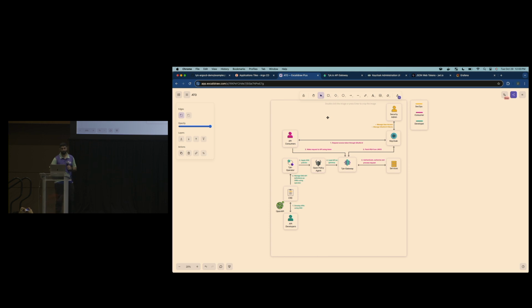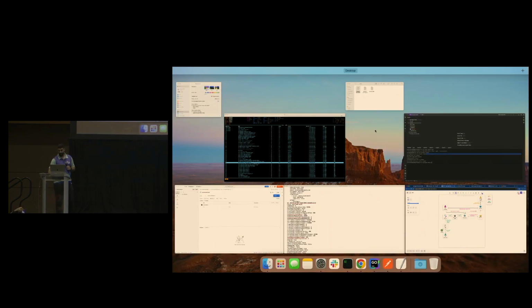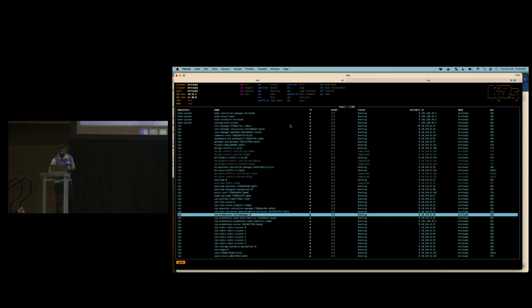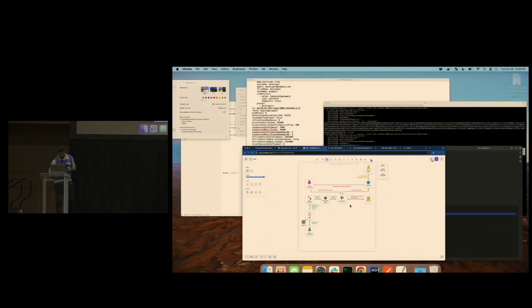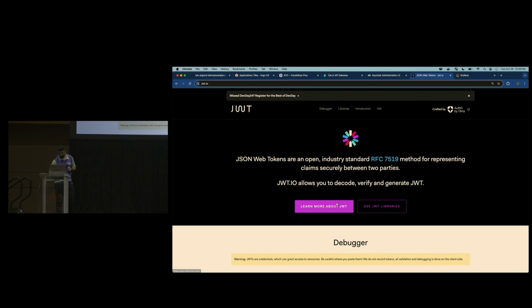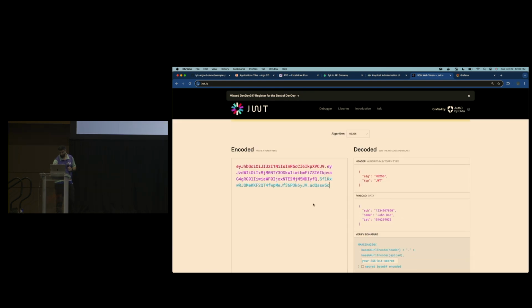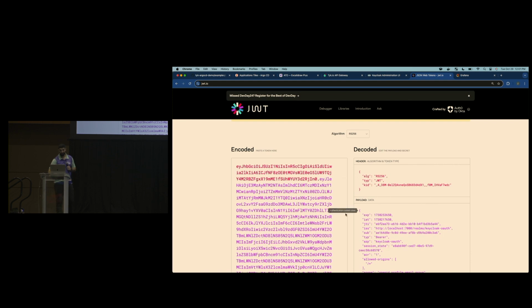So we already created that user's API, and now I can simply just go into my terminal, and as you can see, I already have a JWT. I'll generate another one, and we'll grab this. We'll copy it into two different places. So the first place we want to copy it into is this jwt.io, and we're going to come back to this in a little bit so we can see what's inside this JWT.